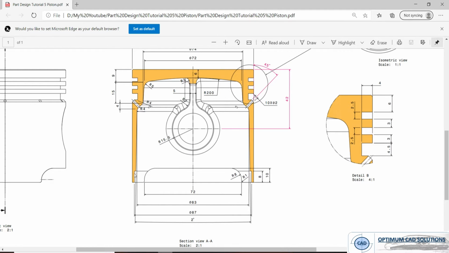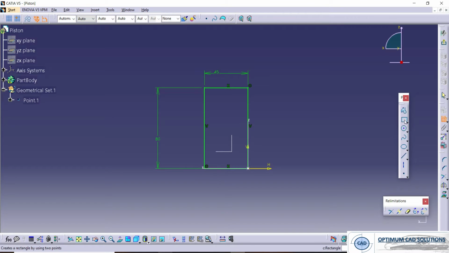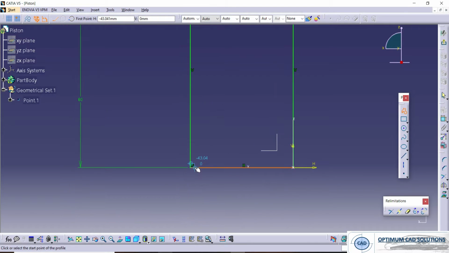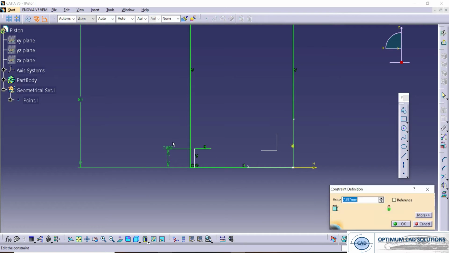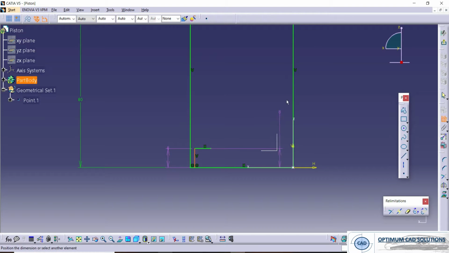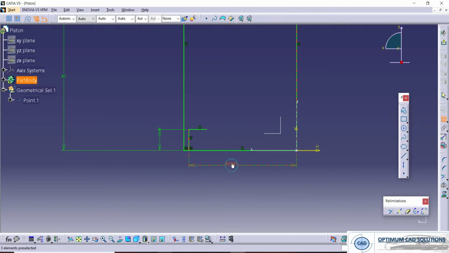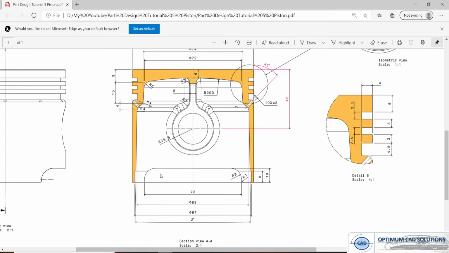Now we will draw this section. This diameter is 87 mm and 8 mm in height, so 87 divided by 2. Now let's move towards this.